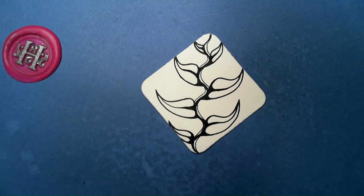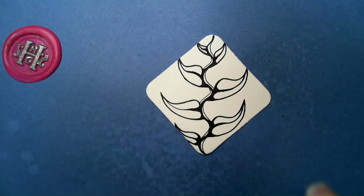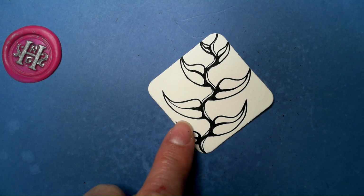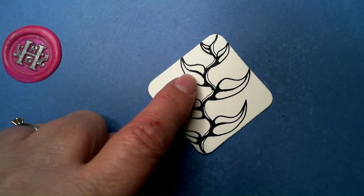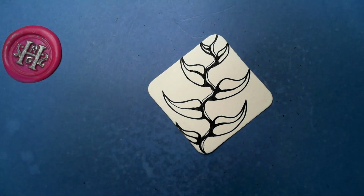Okay, now on Suzanne's step out, she shows how this is the basic, but in her sample she has doing like print tops inside the leaves, so you could have a lot of fun with that, or you could aura one side or the other. I do like how, I think it's on Linda's, if I can find it. I saw it somewhere. Anyway,